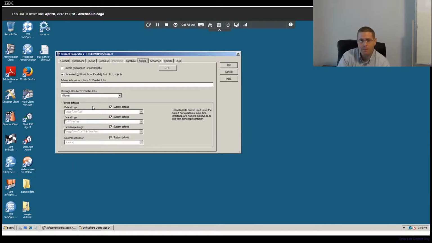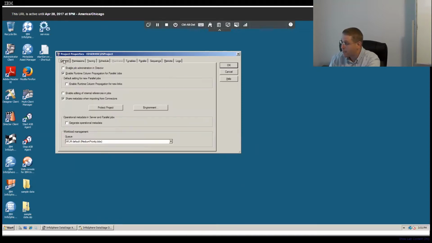By default, they will use the system setting, whatever the server is set to. However, if that causes you any issues, you can override that and set it to your own format, which again is another nice option just to stow away should you ever need it. The couple times I've had to make that change are typically for logs, where I need the logs to all be in the same format between, say, DataStage and other tools. It has come in handy on occasion to be able to change the formatting that we're applying. But there's one other piece I wanted to point out here